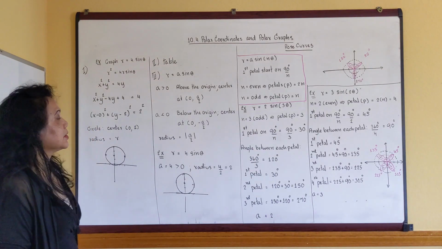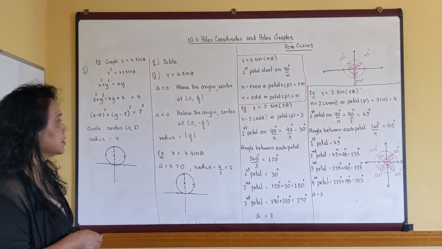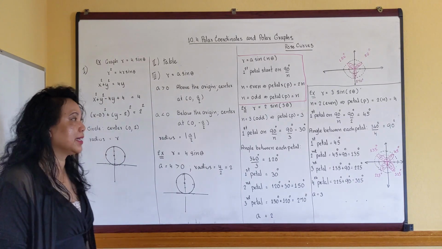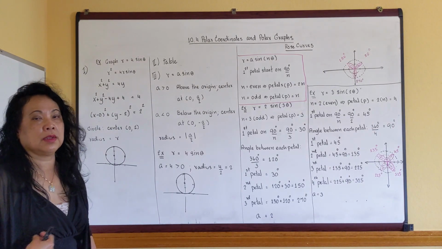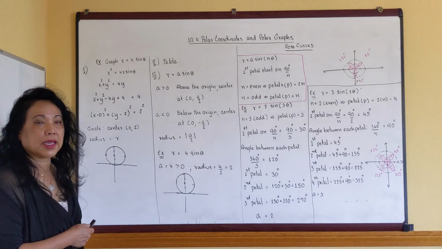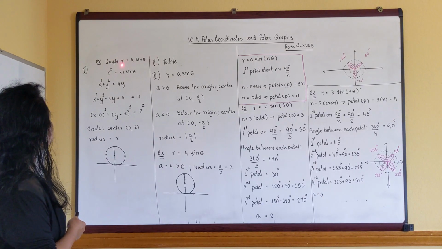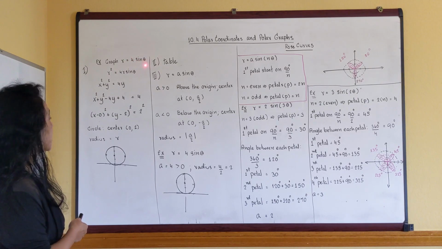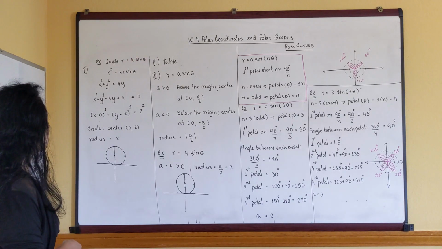Everyone, let's continue our 10.4. This is different from the book a little bit, all right? And you can use any method that you're comfortable with. Let's say if they ask you to graph r equal to 4 sine theta, one way of doing this,